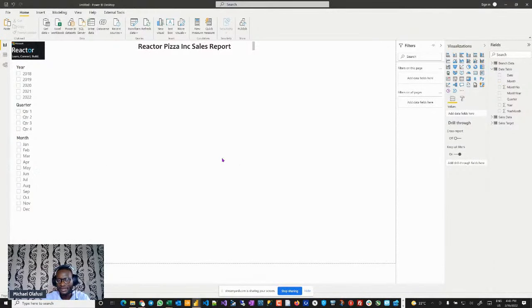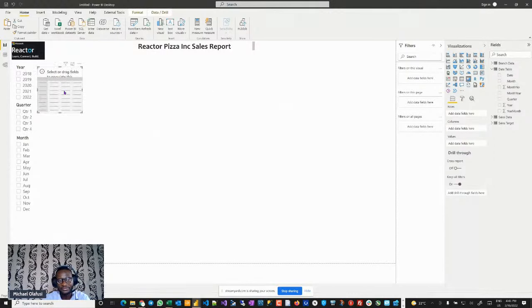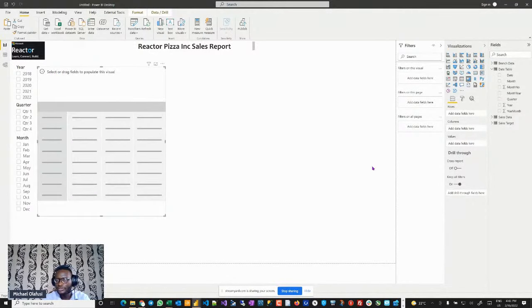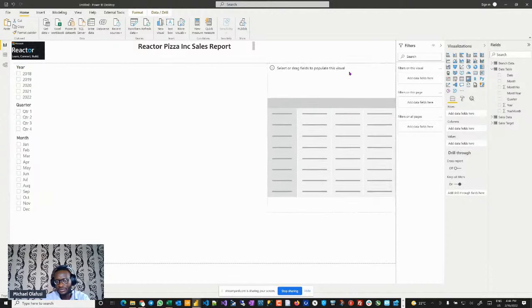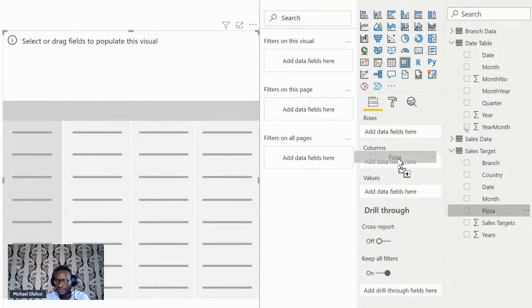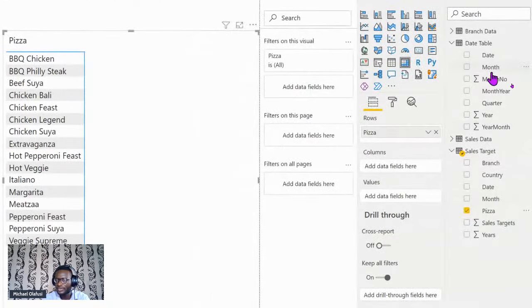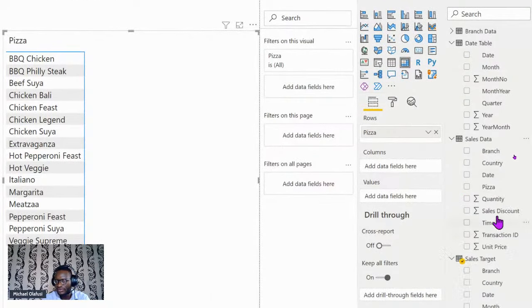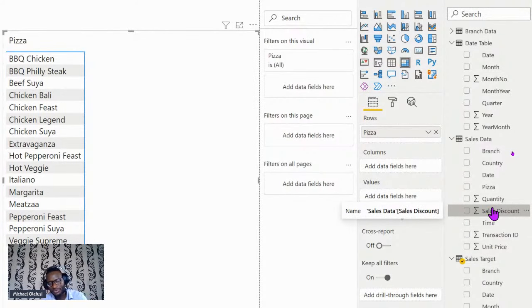Now, if I put any table, so let's take for instance, I want to analyze sales. The goal is that I should be able to, let me just zoom my screen, drag products to rows. So I see all the products, then drag sales, and you will notice I don't have sales, so that's a problem. I have quantity, unit price, and I have discount. I don't have sales amount, so that's a problem, right?